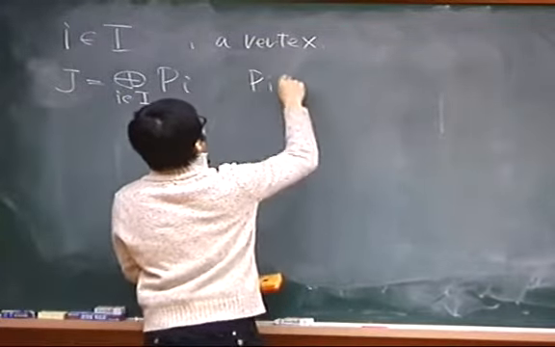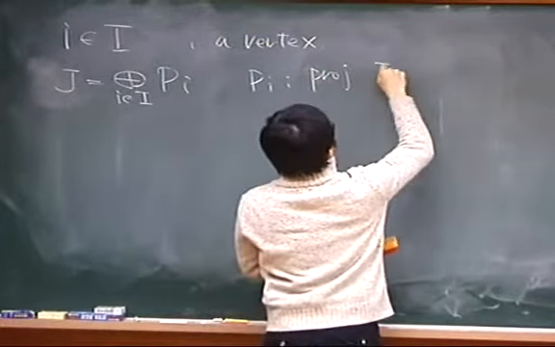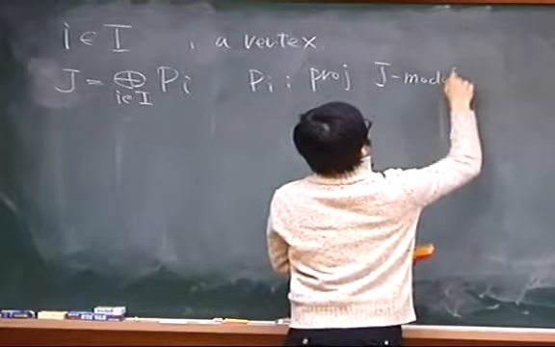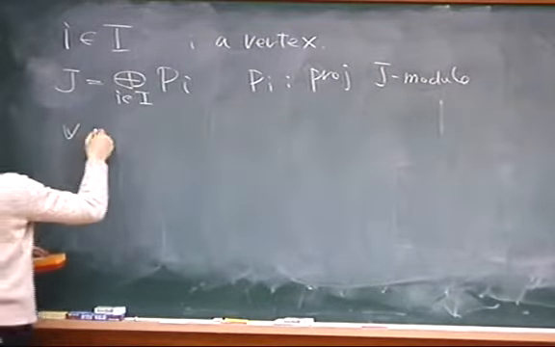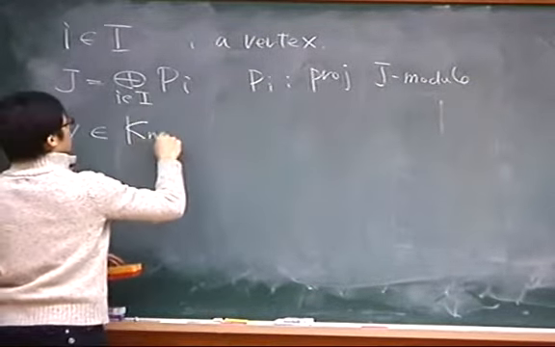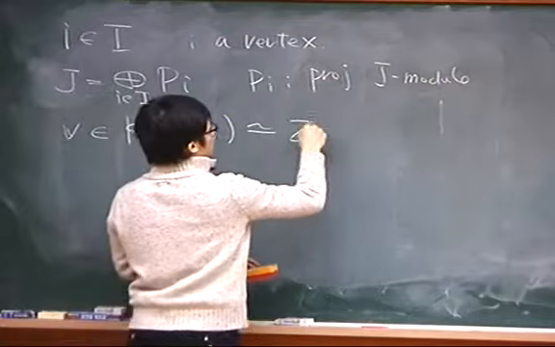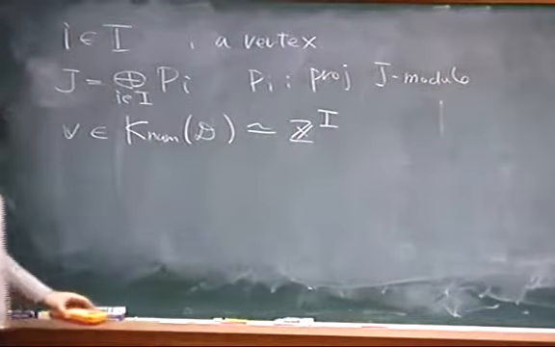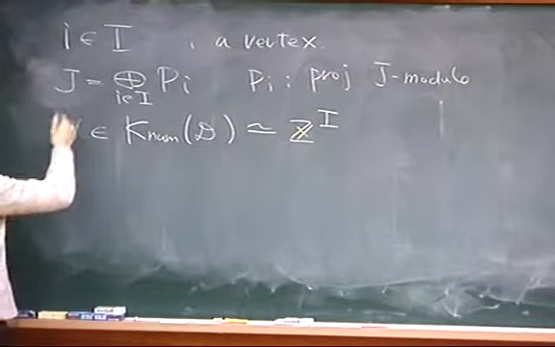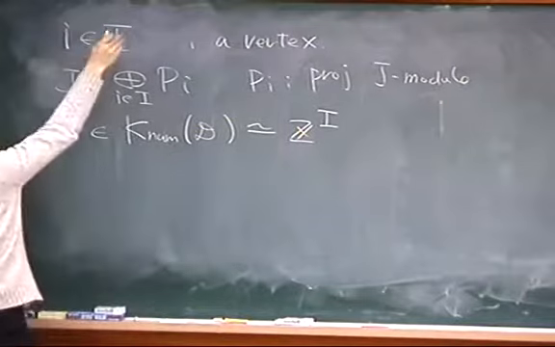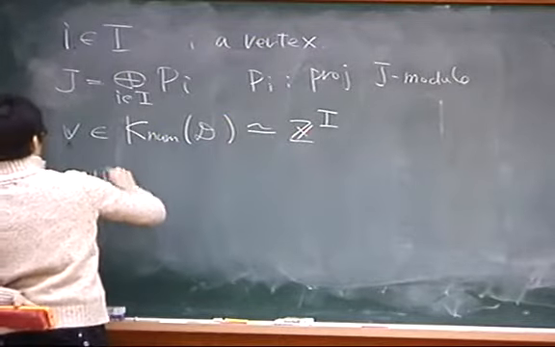So these are projective J modules. And let B be an element of the numerical Grothendieck group of D, which is isomorphic to the set of sequences of integers. And given the information of I and such a vector B, we construct